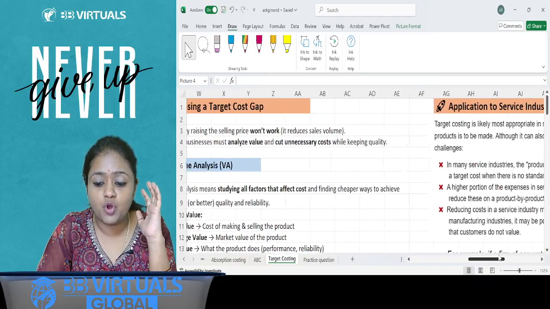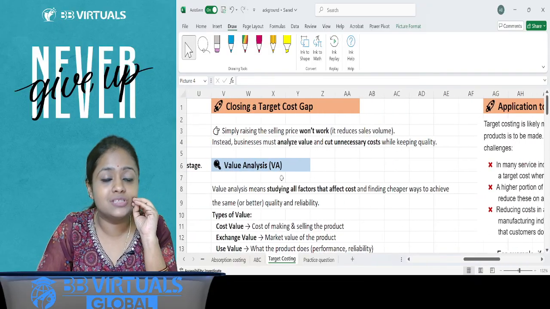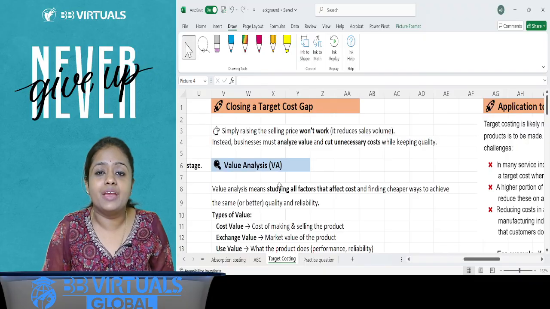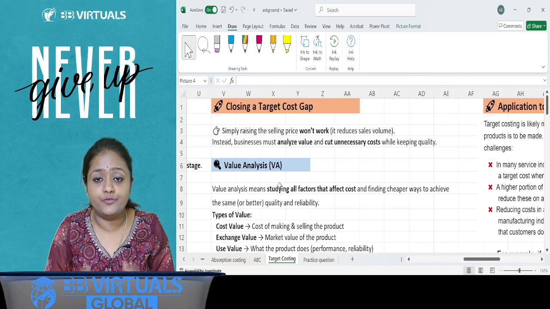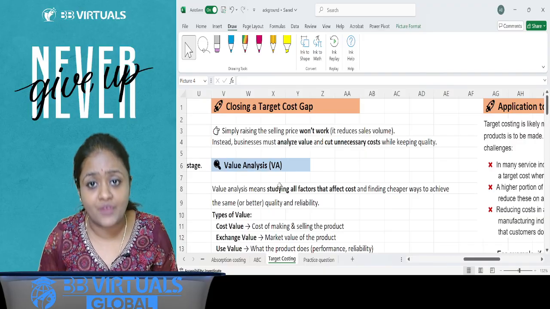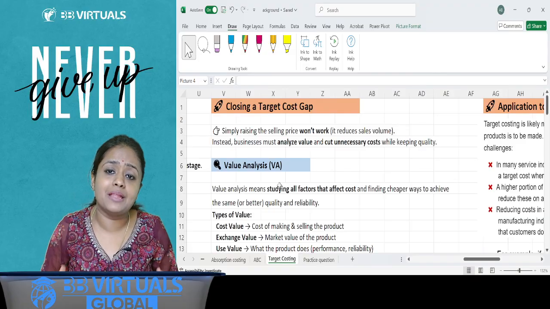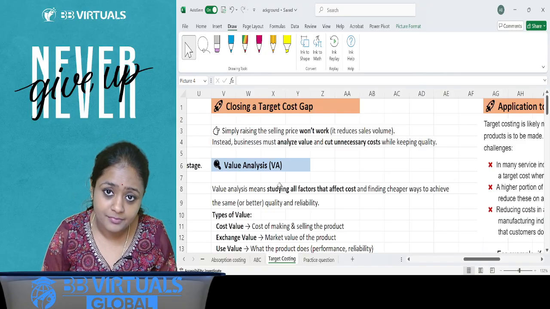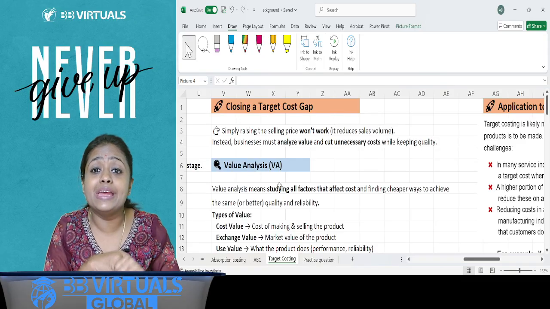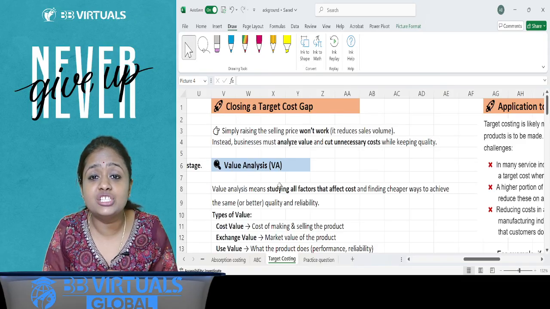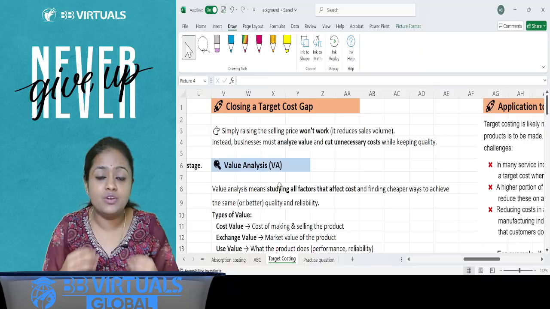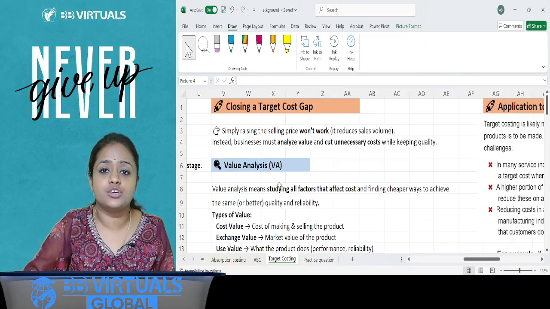So now just a few more pointers. How can we close this cost gap? I think we have discussed some pointers. Let's discuss it more. We have to do redesigning. We have to do rethinking on what more we can bring in here to reduce the values. So for this, we have different methods that help us here. First is value analysis. Second is value engineering. Third is functional analysis. They all are interrelated. I will tell you the specific role of each of them.